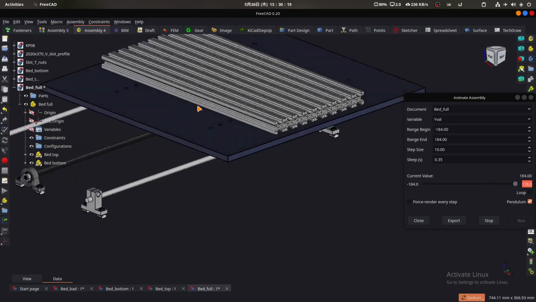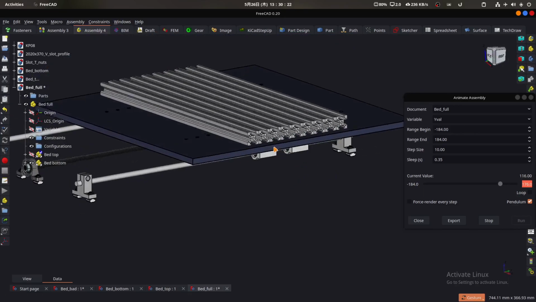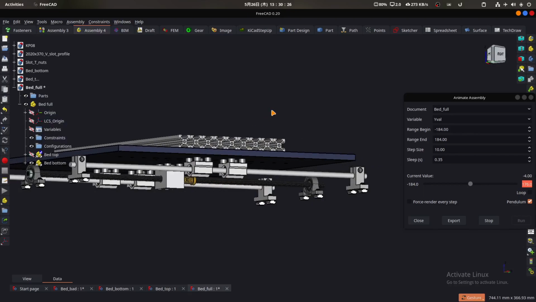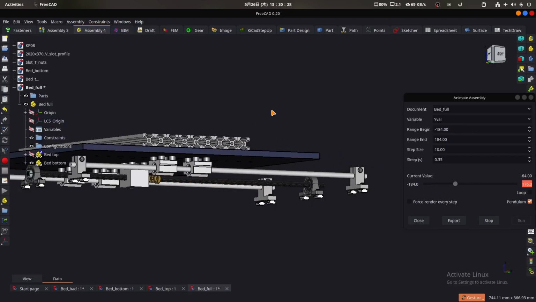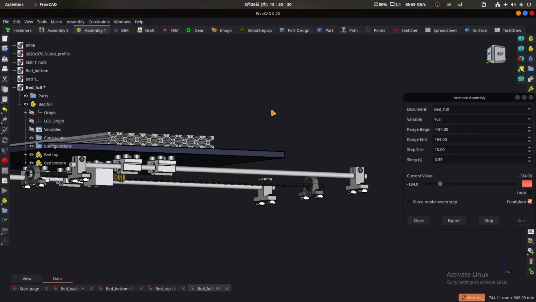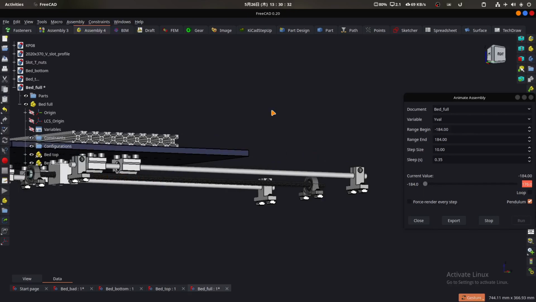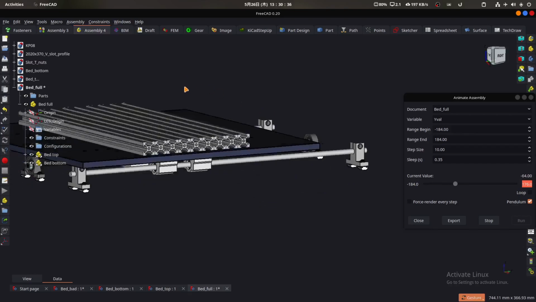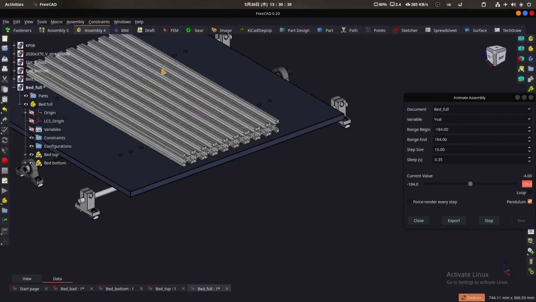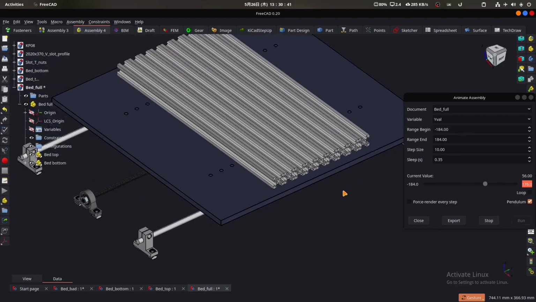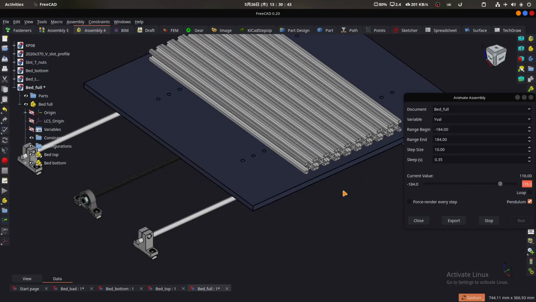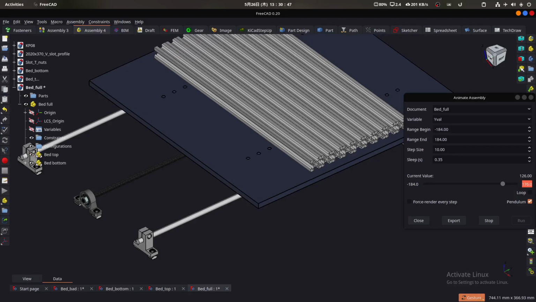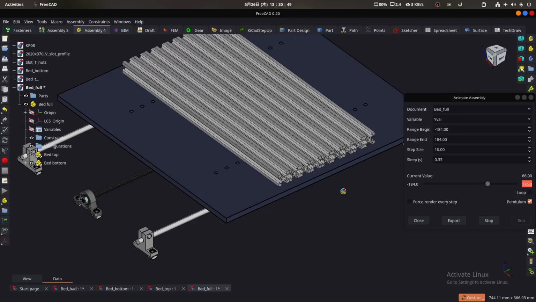As you can see, this animation works as expected. All the parts move together. Maybe there is a bug in how the positions of the fasteners are handled. As you know, all the parts must have a FreeCAD file, and maybe that's the reason, because the fasteners don't have a file.